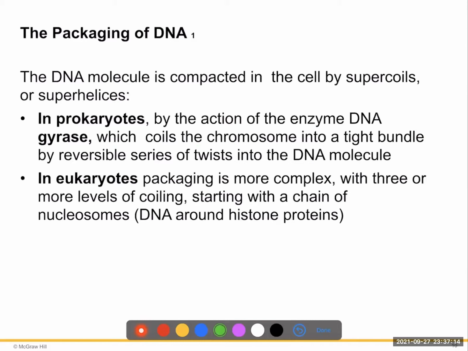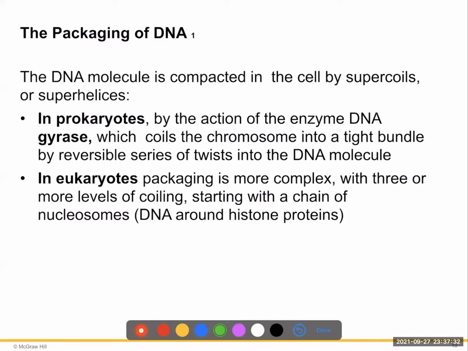So the DNA molecule is compacted into cells by what's called supercoiling or superhelices. It coils around itself and condenses, so when you go to divide the cell, it's easy to split it apart. It can't be expressed when it's condensed. It has to be laid out open so it can be expressed and develop the genes that develop the proteins